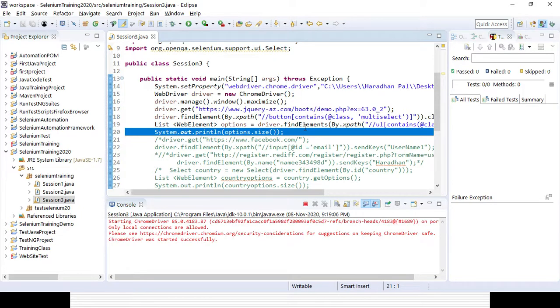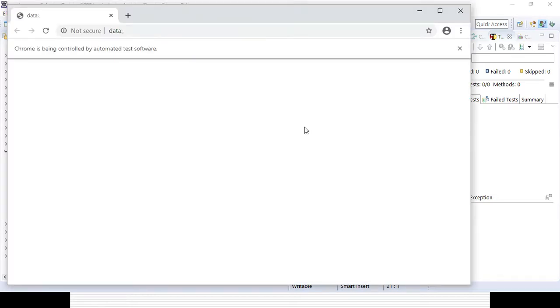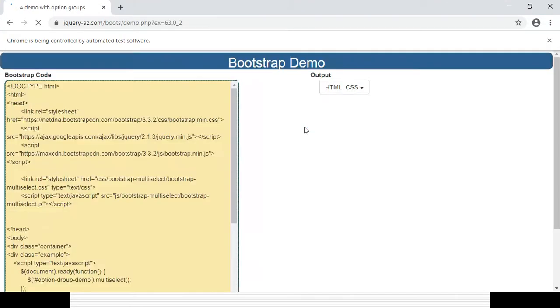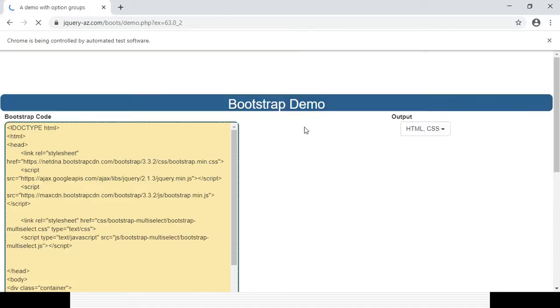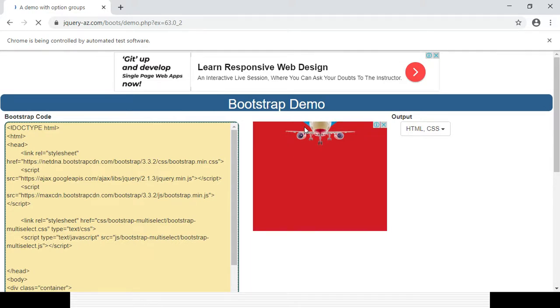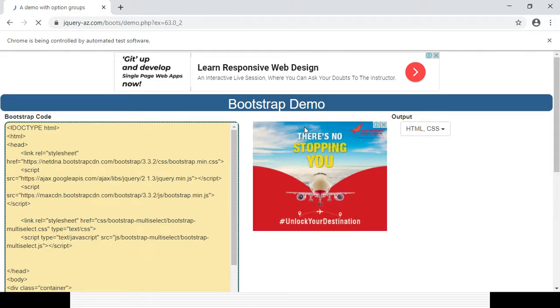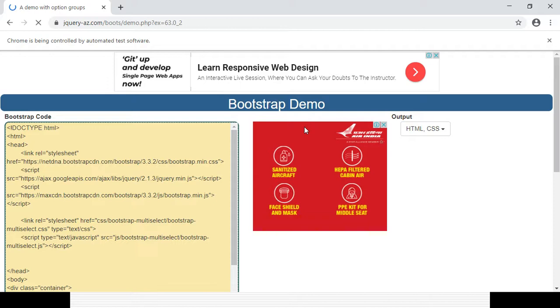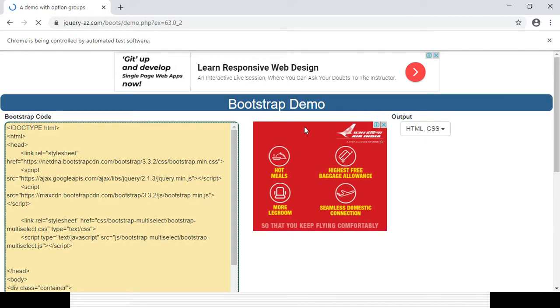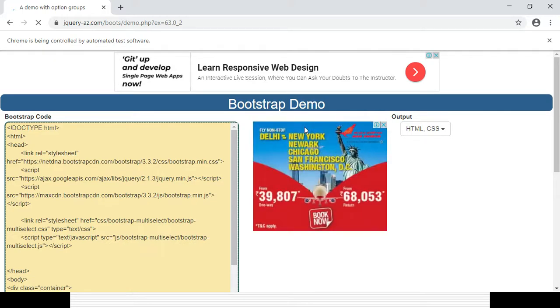So it will open the page first. It will take some time, like 30 seconds to 1 minute, to load the page completely. Until the page is fully loaded, it will not click the options. It takes some time to load because it is a jQuery page. If you know, dealing with a jQuery page takes some time because of a lot of other options, I mean different things available in the page. Until the page is fully loaded, it will not work. That is the reason whenever you work with any kind of jQuery page, it takes more than the expected time compared to other web pages.